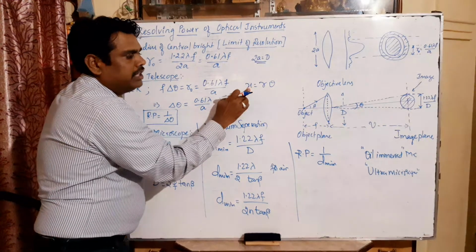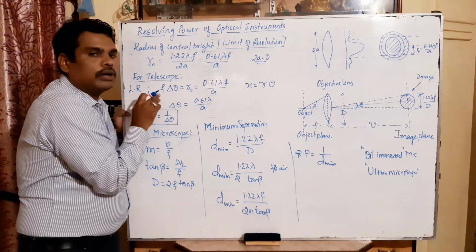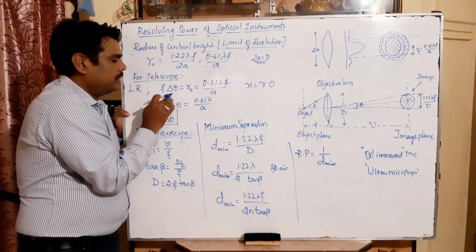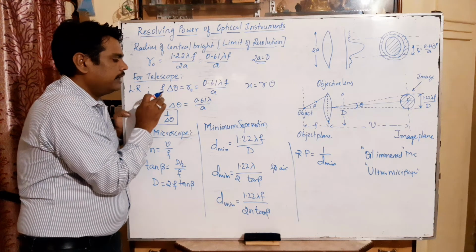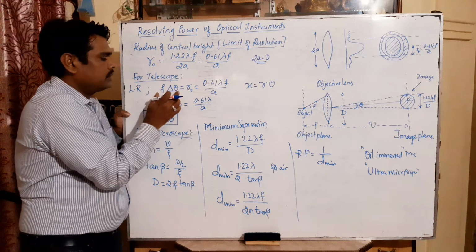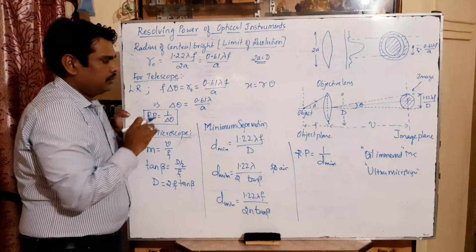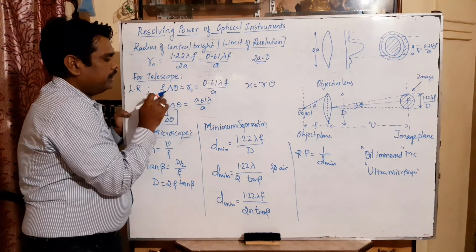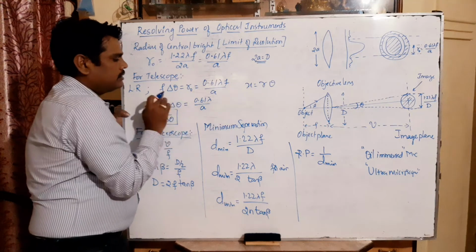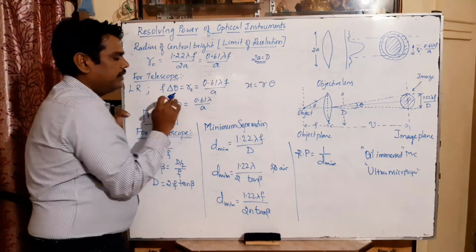So the relation between linear and angular is r theta, we are using the same concept. If I multiply focal length with the angle subtended, f into delta theta gives the limit of resolution. In that, delta theta we name as limit of resolution. So f into delta theta is equal to r. In place of x we have taken r naught, in place of r we have taken the principal focal length, and in place of theta we have taken delta theta.